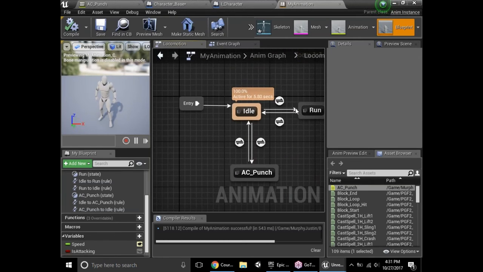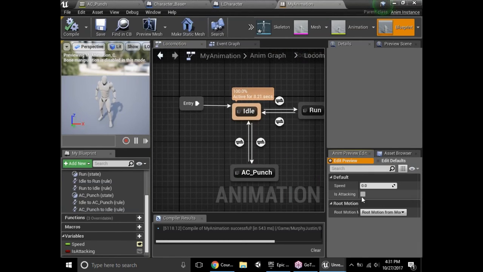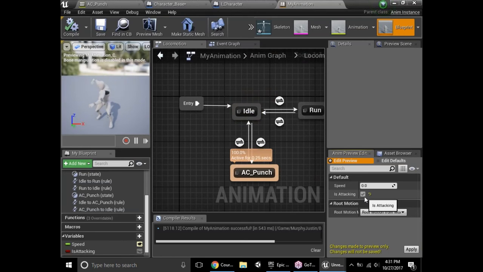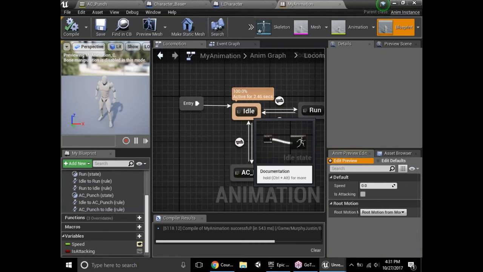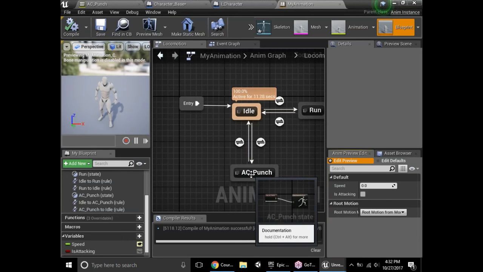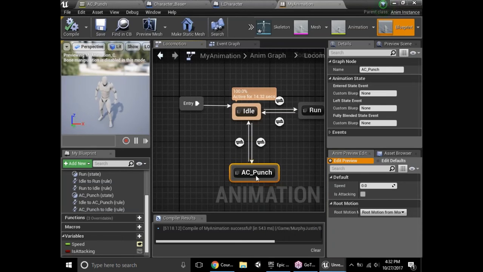Going back to our locomotion, I can check out the preview editor. I press true, and I see it's just constantly looping. It's trying to go back to idle. I'm not sure if you guys can see that in the recording, but it's flickering on there after it plays the attack animation every time. That's because we still need to let them know to stop, or to set this bool to false after that animation is finished. So in here, if you click on the specific state,